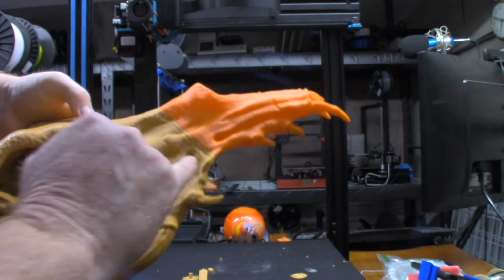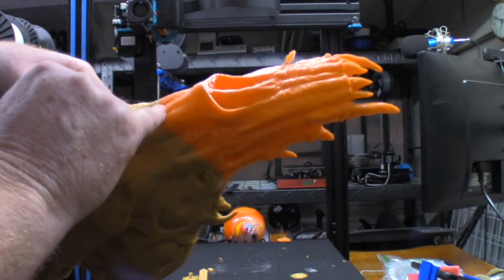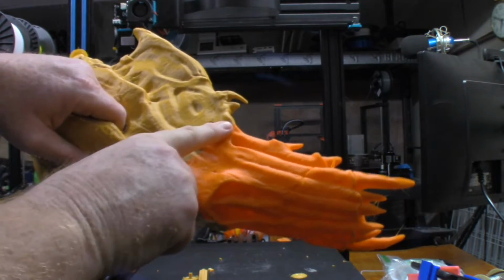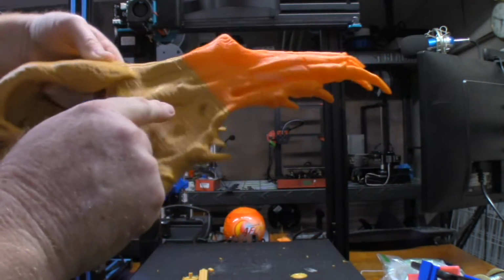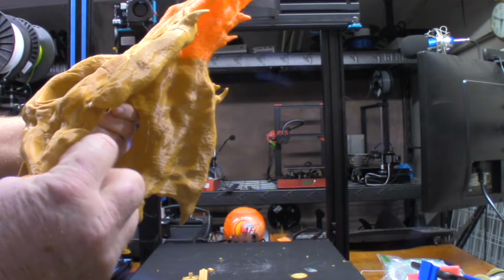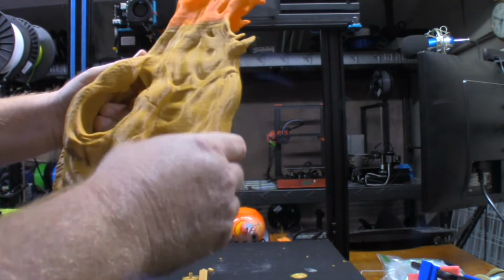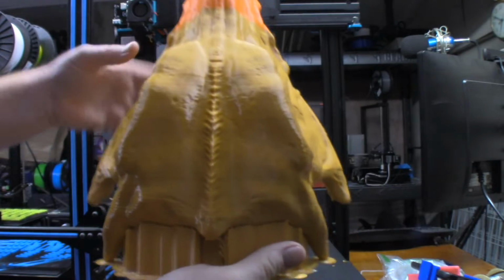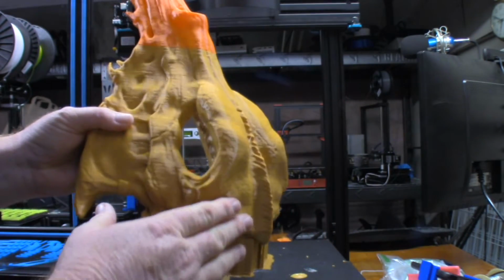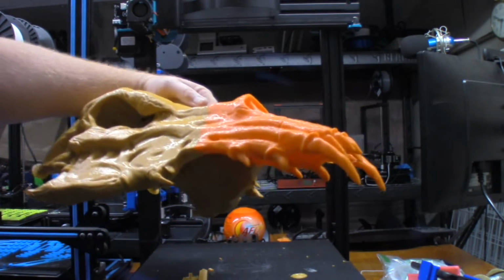Now I do have a few little splits here, especially just before I changed the color of the filament. It looks like the color change didn't affect anything, but I see a little split here, a few layers down. I also see a little split right here, which, once again, this is something I went over with Cassy in the past, and with the other one, I think that's going to be easily fixed. She's got to paint it, work it, make it look exactly the way she wants, but